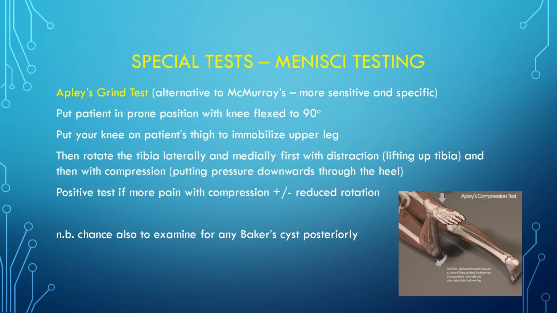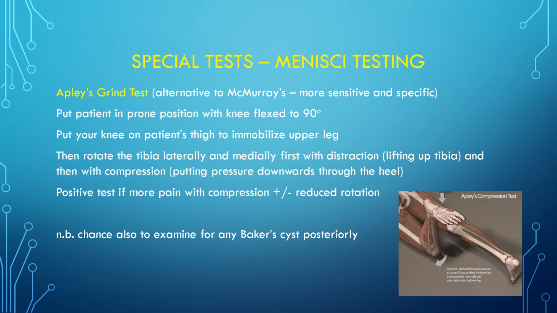I prefer Apley's grind test. It's an alternative to McMurray's. It's actually more sensitive and specific in terms of picking up a meniscal injury. In this test, you're going to put the patient in the prone position with the knee flexed at 90 degrees. You put your knee on the patient's thigh to immobilize their upper leg, and then rotate the tibia laterally and